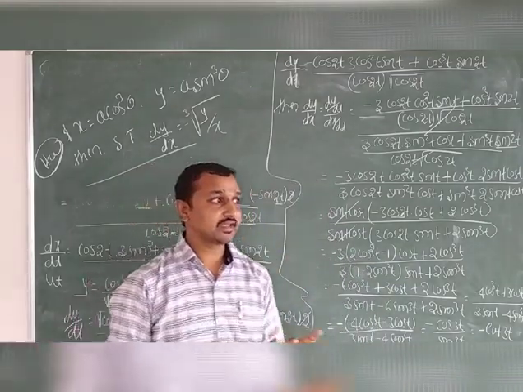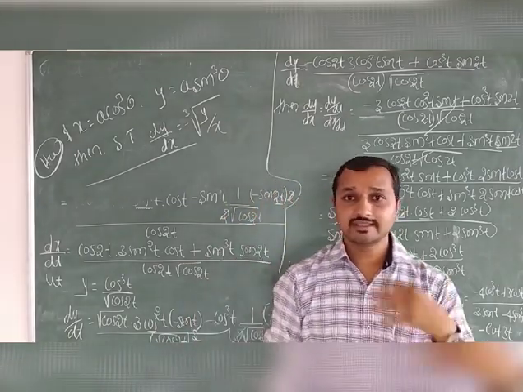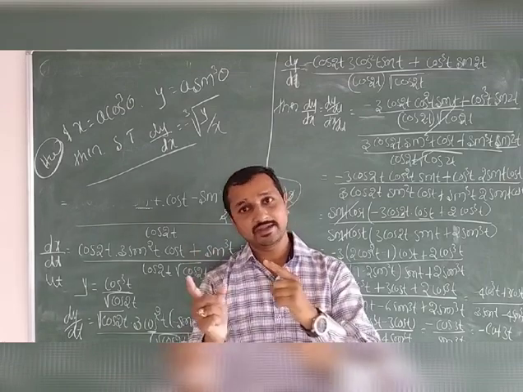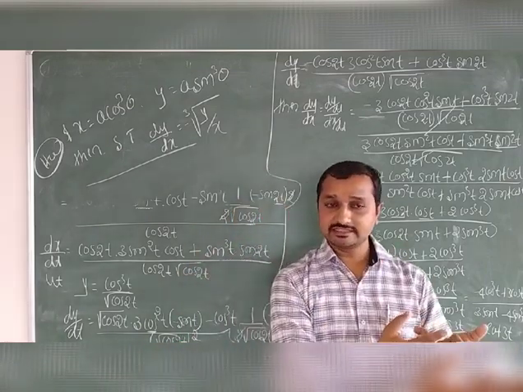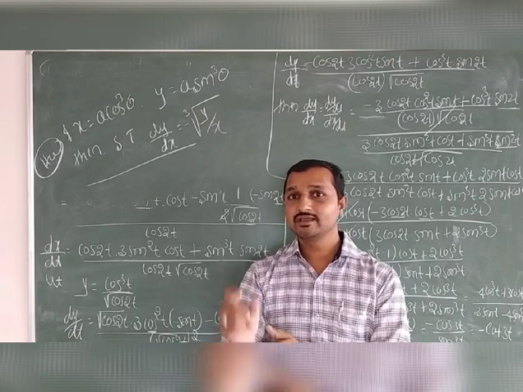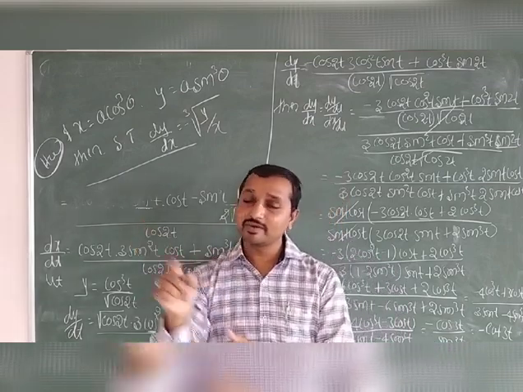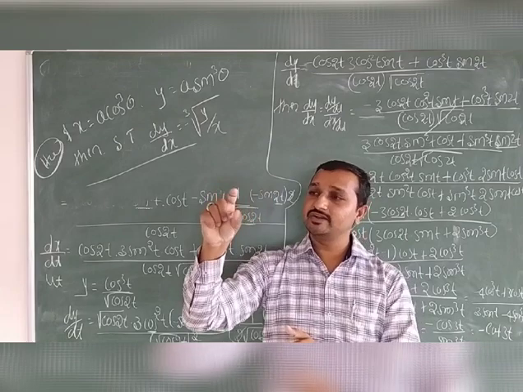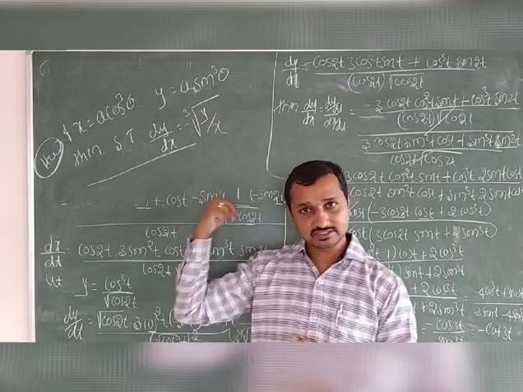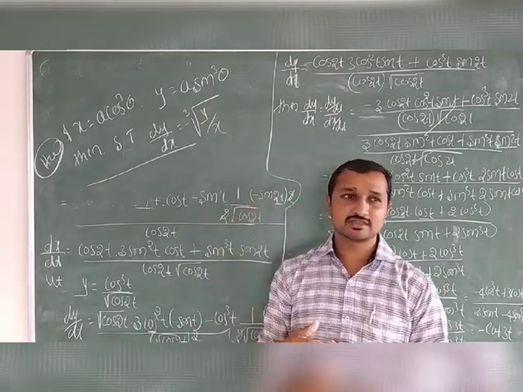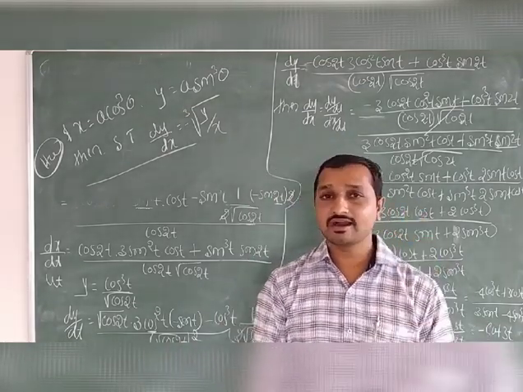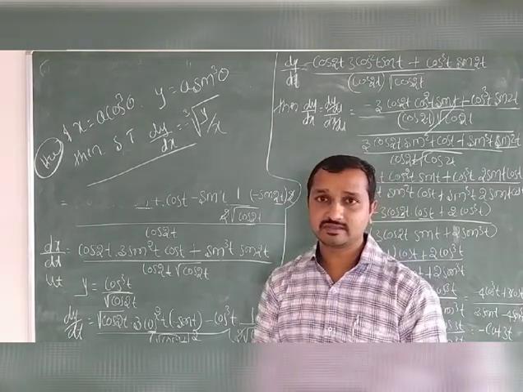If you have any doubt regarding the derivative of parametric form, then you can ask. The examples are very easy. First we write dx by dt or dx by d theta. Then we take y as a parametric term, dy by dt or dy by d theta. Then we find dy by dx by using the formula dy by dx equal to dy by dt whole divided by dx by dt. First we write the dy term, then the dx term. Some 2 examples are very lengthy, like this one. This is not coming for your examination, but you can try this example. So you try all examples. If you have any doubt, then ask me. Okay. Thank you.